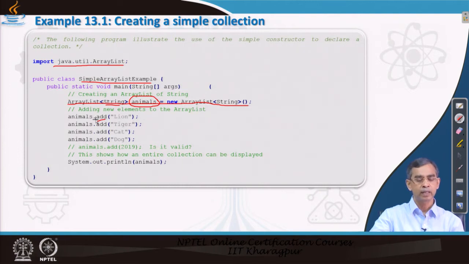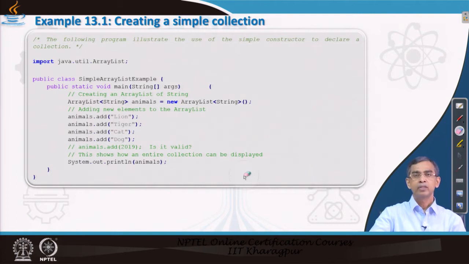So, it basically adds elements one by one. In the 0th position the lion goes, the next one and so on. So, this is the order of insertion that takes place because we are adding the elements one by one. This add method, as we see here, is basically to add a number of elements. Now, we can add any number of objects or elements of type string, as we have seen here,